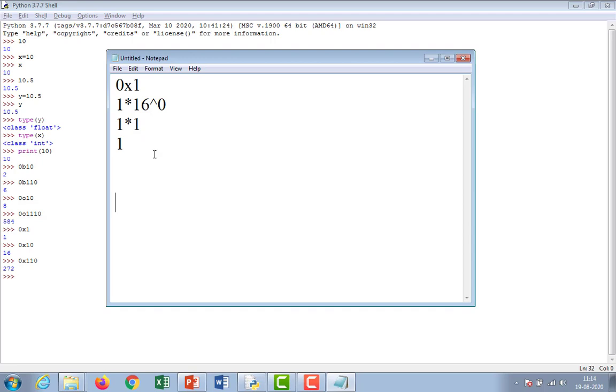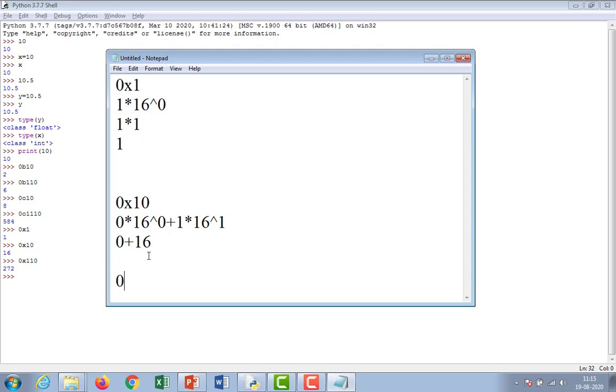Next, if you take 0x10, from left hand side onwards, 0 into 16 power 0 plus 1 into 16 power 1. 0 into anything is 0, 0 plus 16. The output becomes 16. Please check the output here, 16.